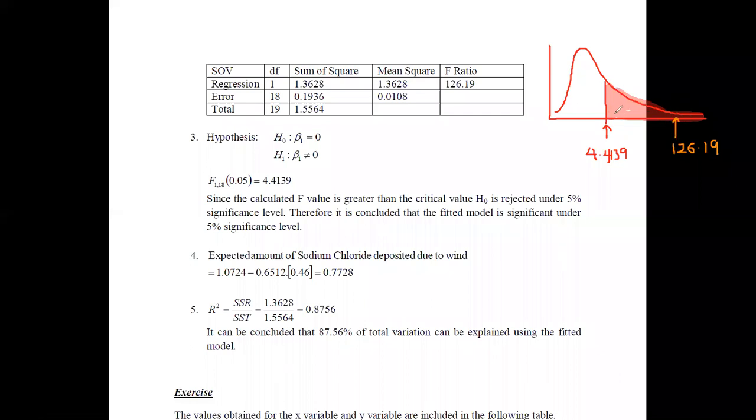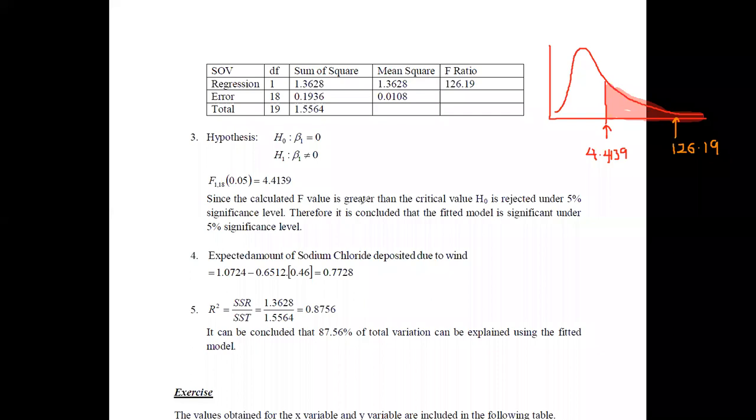Therefore, you can conclude that we are rejecting H naught. Therefore, the beta 1 parameter is significant. The decision can be written in this form.